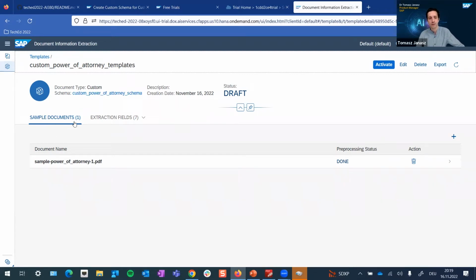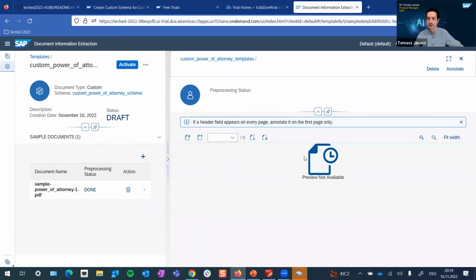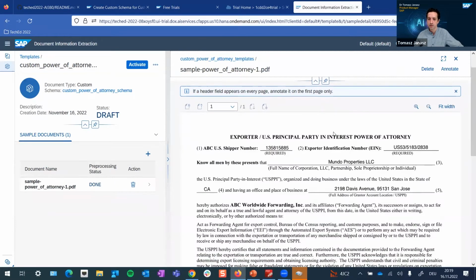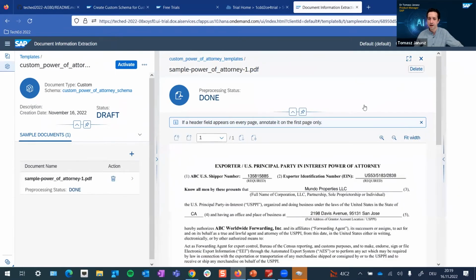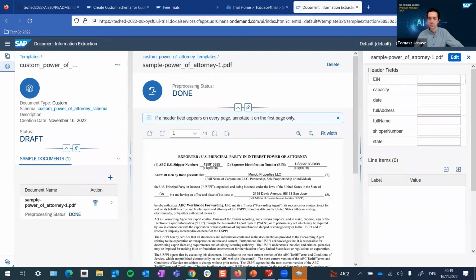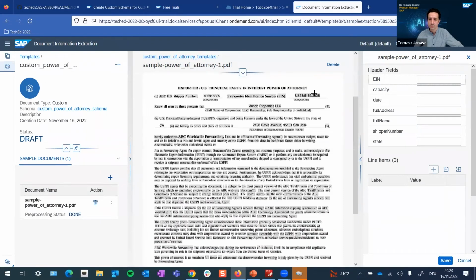You can also see sample documents that I attached to this template. I provided one sample document, and this sample document, you might not have seen that, has been running through a pre-processing step. This pre-processing step was basically the OCR activity that has been done on the document. This OCR activity allows me now to see the document. And if I want to annotate the document, I will also see the OCR results on the document